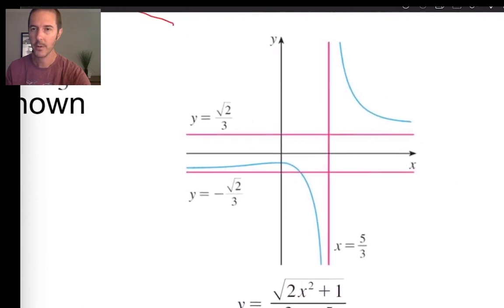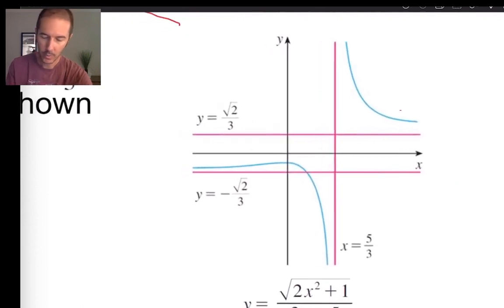And so here you see the graph for this function. As we're coming in toward an x value of 5/3 from the right, our curve is going up toward positive infinity. As the blue curve comes in toward x equals positive 5/3 from the left, it dives down toward negative infinity. So we do still have an asymptote there. It just so happens that our function is going opposite directions depending on whether we're coming in from the left